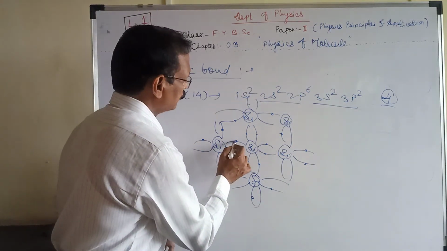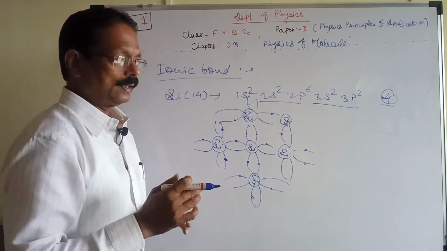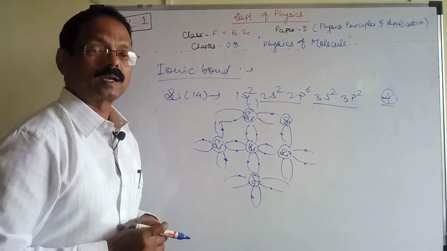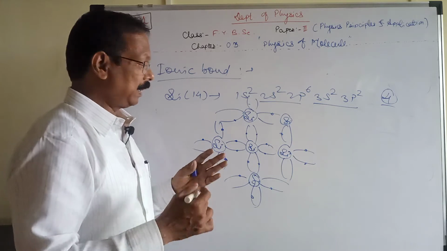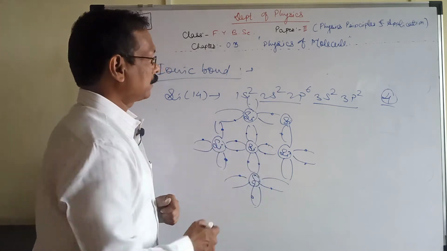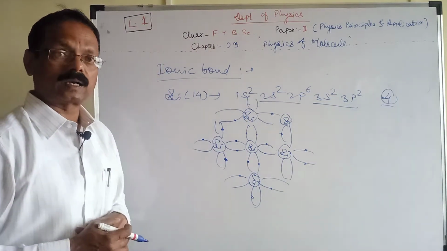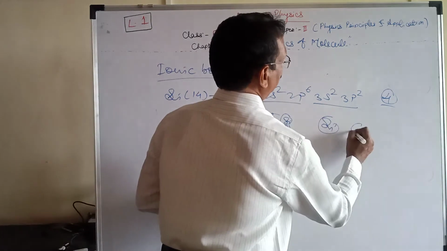So this is one, and this one here. It has 4 electrons of its own, and 4 electrons from the neighboring atoms. So silicon completes its octet by collecting 4 electrons from the neighboring 4 atoms. That's why we can say that if there is a regular and periodic arrangement of the atoms or molecules, it is called a crystal. So silicon is known as a crystal.